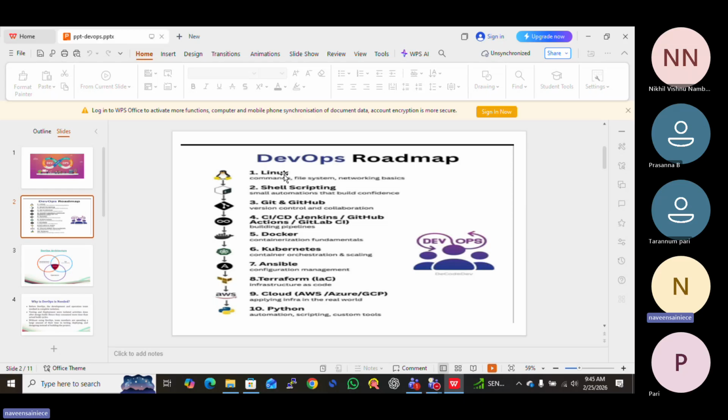Shell script is nothing but automation, and DevOps is automation, so it really helps. Shell script and Python are both used in automation.